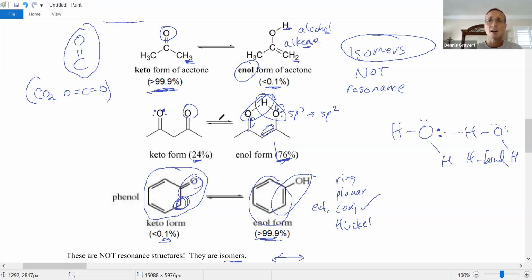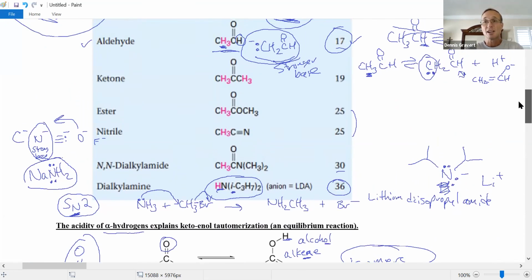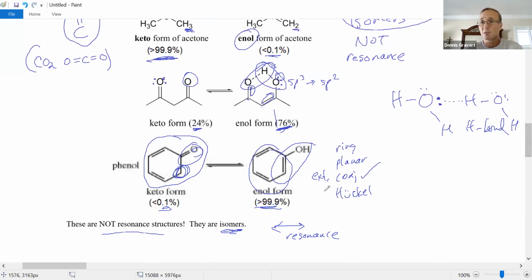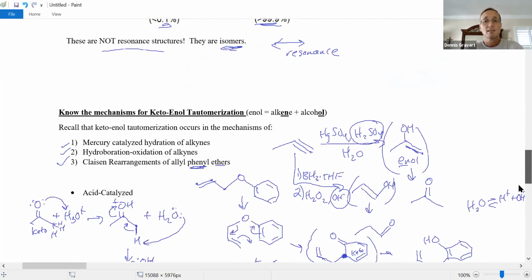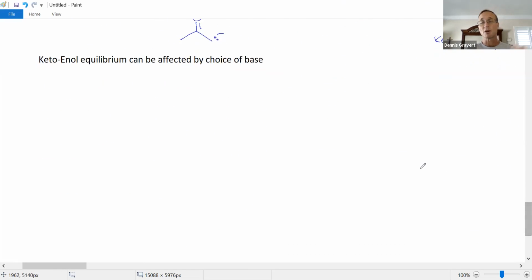Hey, how do we know which one's which? pK values. How can we adjust it to what we want? Like, do you want the keto form more often, or do you want the enol form more often? You can choose your base to make it work. So here's how it works. This will be useful in our next video. So keep this in mind, or review this part of the video when you're looking at the second video of